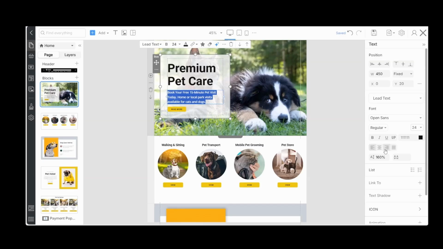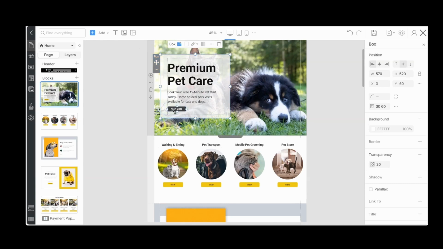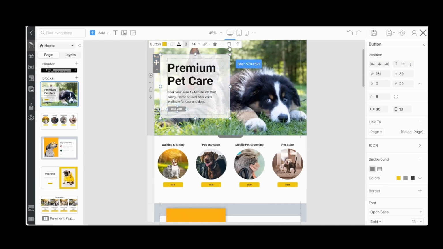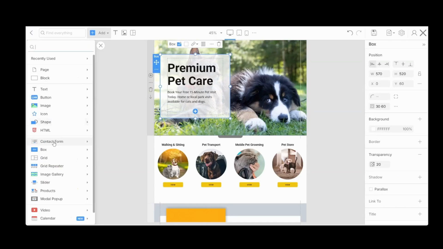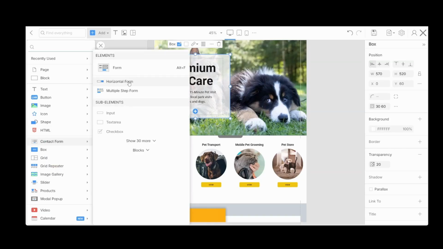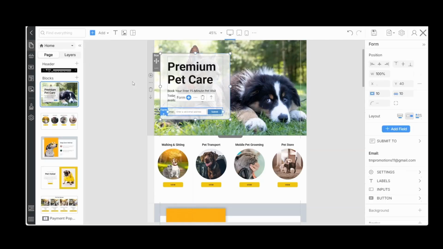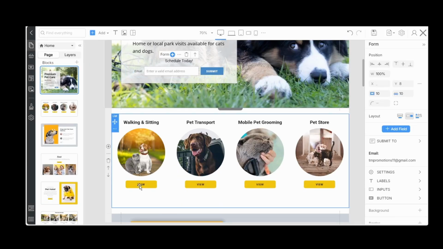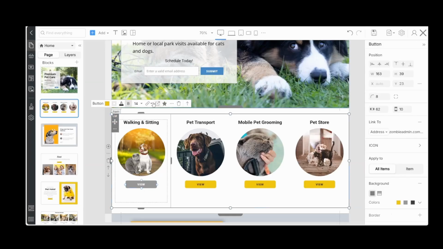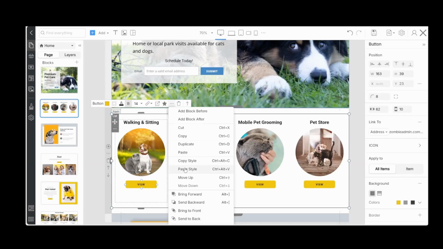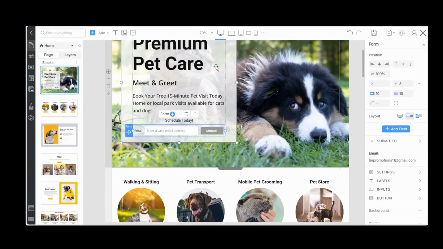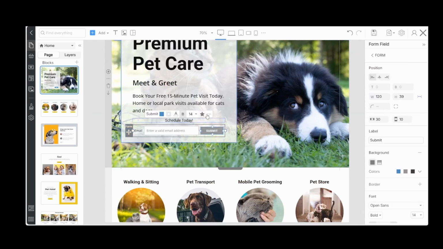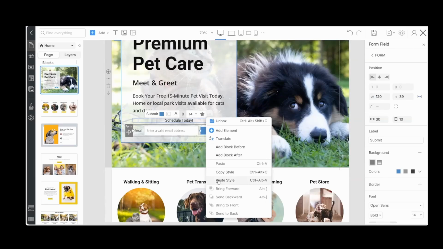Pop this up a little bit there, I like. And we're really not going to be using this button actually, so let's delete the button. Let's replace with contact form, short form. Now let's style contact form, short form there. Let's grab the button style there. Let's go to the button here, click on the button, paste the style. Let's see what we got.